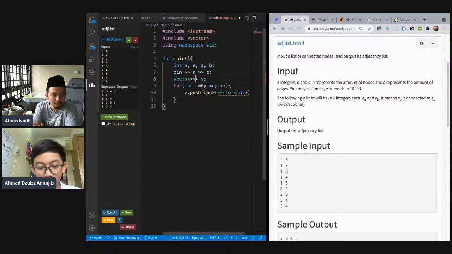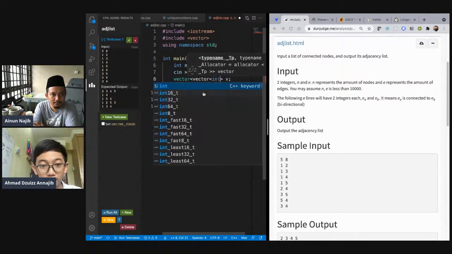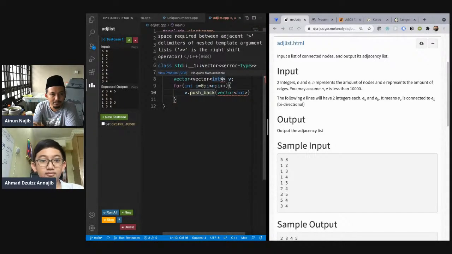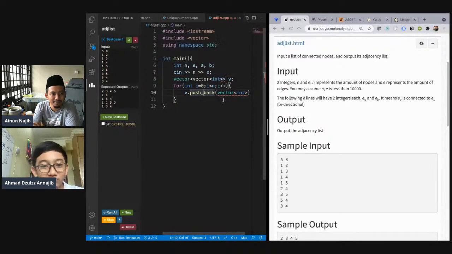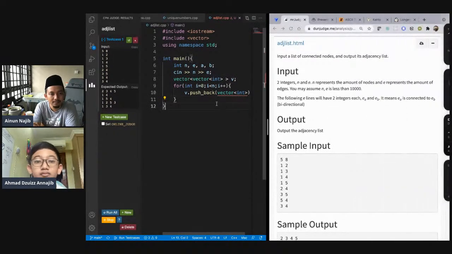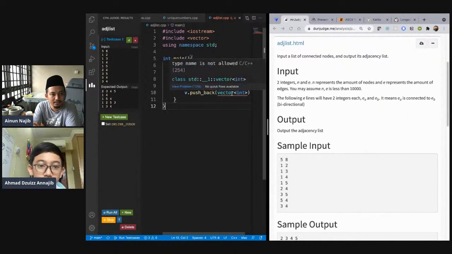Vector int. One more, yes. Does it not work that way? Doesn't work, yeah. Maybe you need to put a space. Does it work if you put a space? No, it doesn't work. Oh, it works. Yeah. So yeah, try. So then you need the temporary vector to be pushed, right? For every